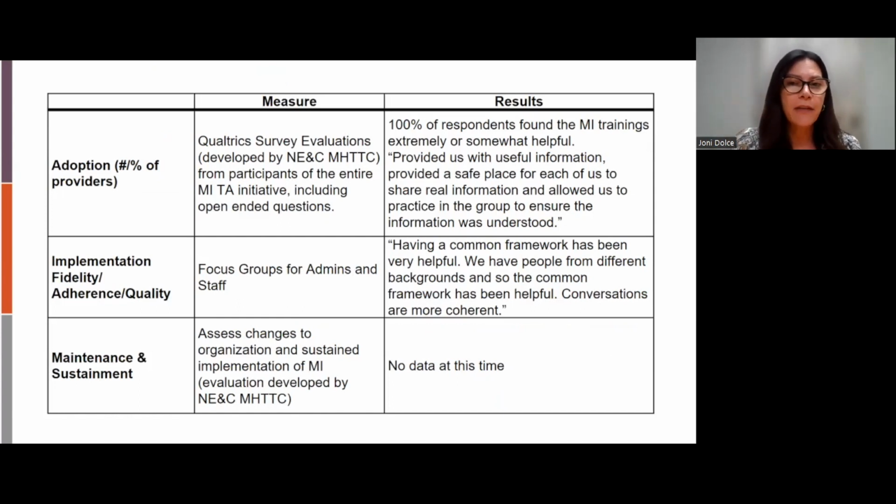100% of respondents found the MI trainings extremely or somewhat helpful. Some of the responses to those open-ended questions on the Qualtrics survey, when we asked what was most helpful, included statements like: it was thought-provoking and created useful conversations between my colleagues regarding our services and practices and approaches, provided us with a safe place for each of us to share real information, and allowed us to practice